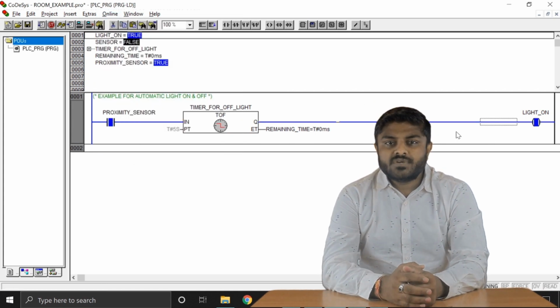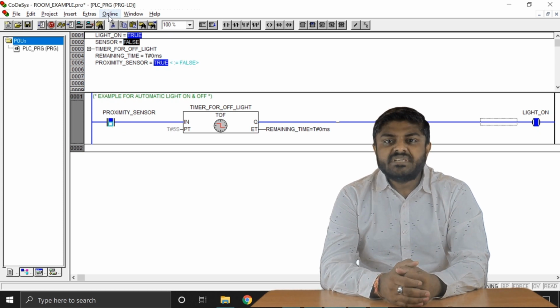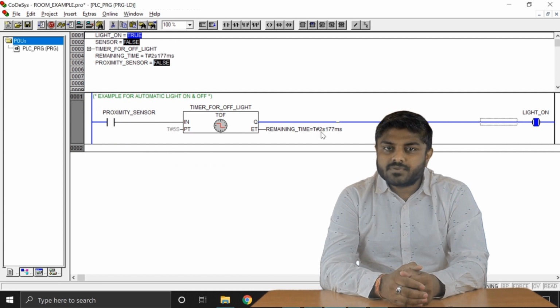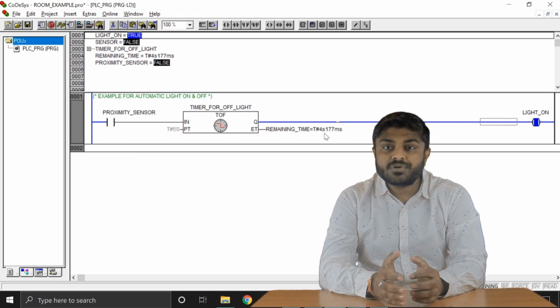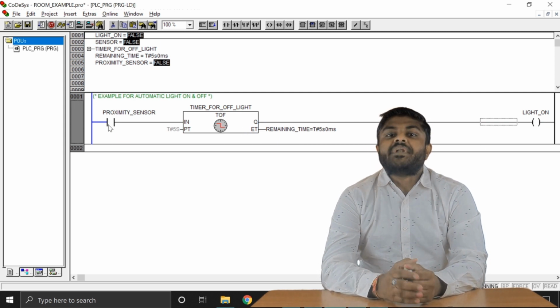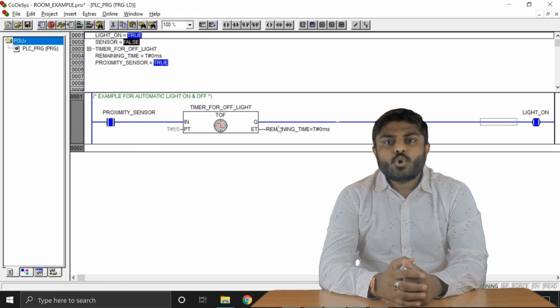When we forcefully turn on the normally open contact, named as proximity switch, which detects human presence, immediately the light will turn on. If human presence is not sensed for some time, the light will turn off automatically in a specific time. The time is mentioned in the off delay timer. By implementing this program, the light becomes automatic and no human interaction will be required for the operation.